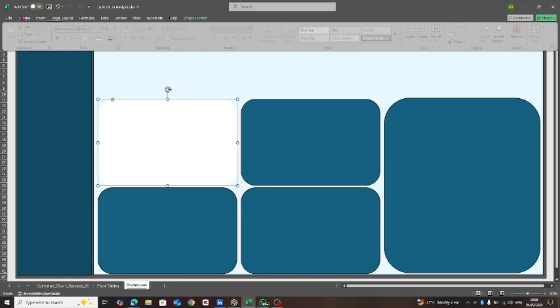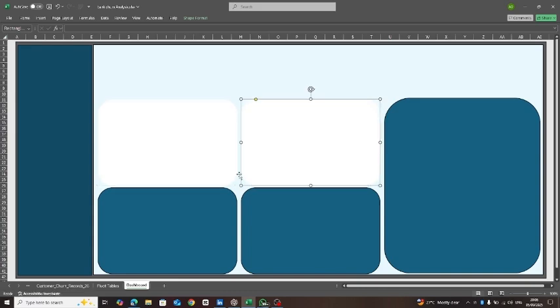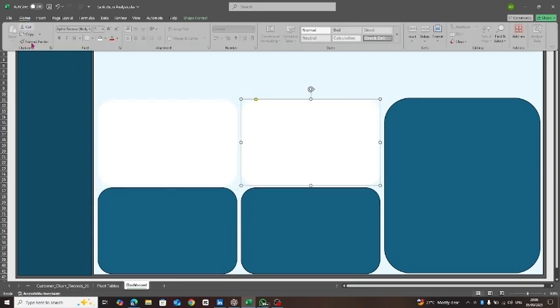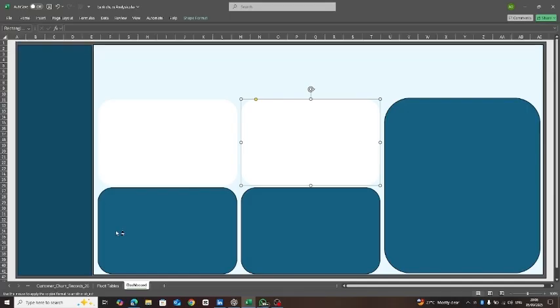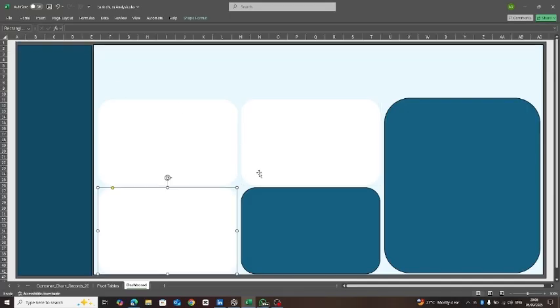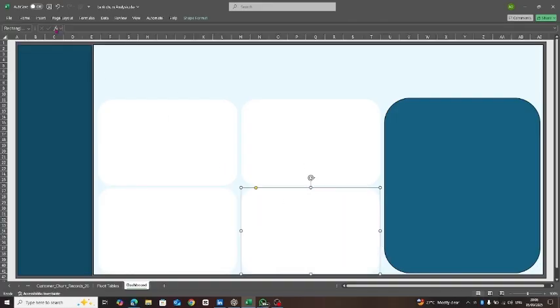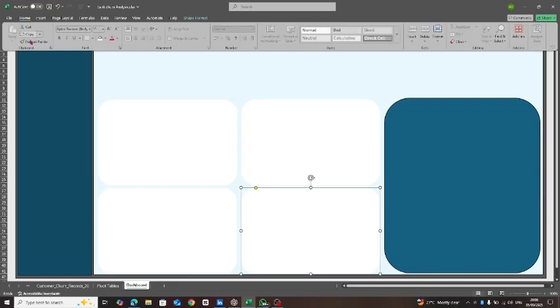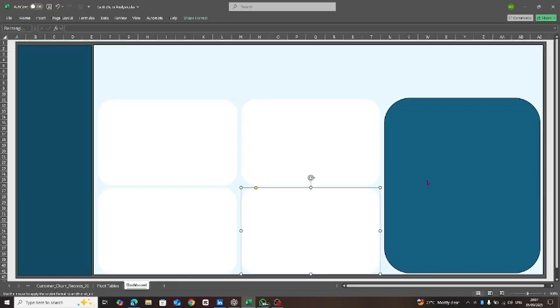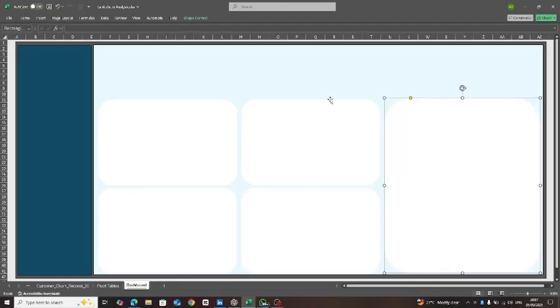Then in Home, click on Format Painter and hit the next shape you want. You first highlight the shape that has the color you want to use, and then you hit the next shape you want to change. Go back to Format Painter, hit the next shape you want to change the color. Perfect. Format Painter saves you time. Instead of changing the color individually and turning off your outline color each time, just use your Format Painter.